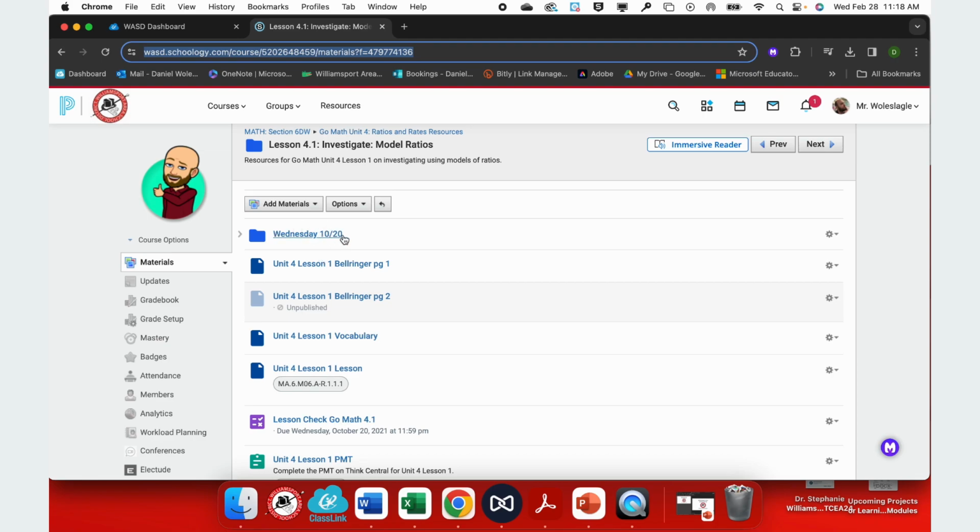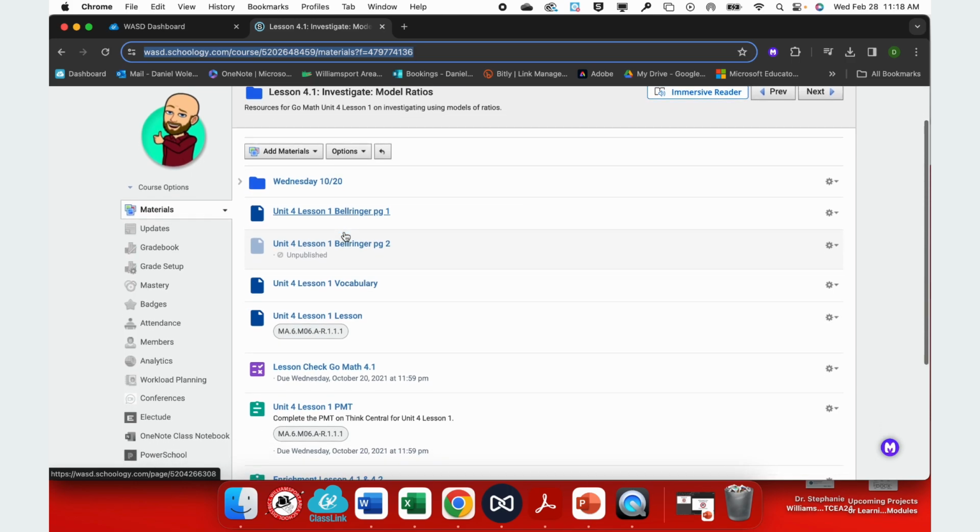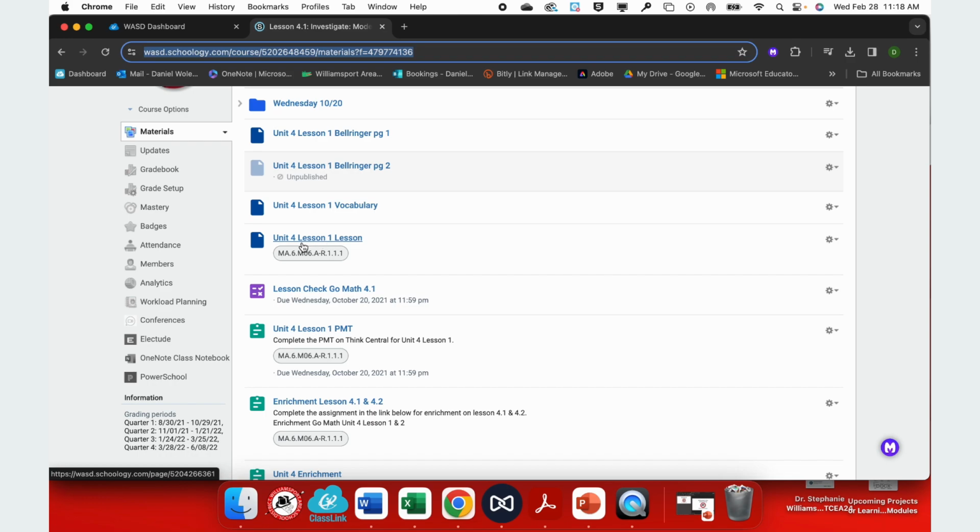So I may want to put the date in here if I had something particular going on, but I would always start with any kind of a bell ringer, then any kind of vocabulary that students would need, and then the lesson itself. So this is the main teaching set of materials that they will refer to, and I would